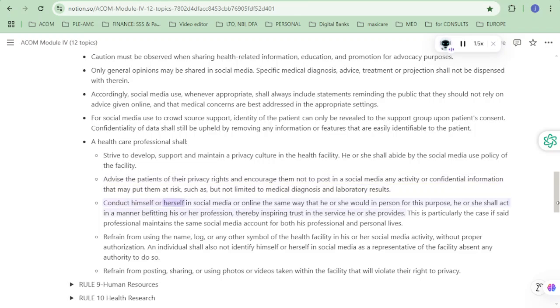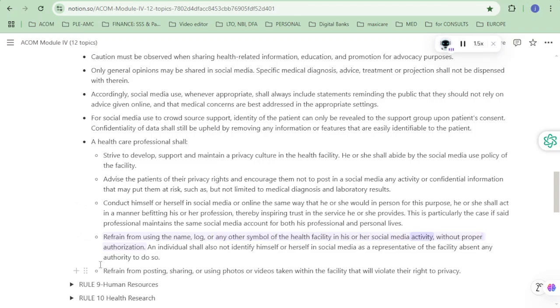Conduct himself or herself in social media or online the same way that he or she would in person. For this purpose, he or she shall act in a manner befitting his or her profession, thereby inspiring trust in the service he or she provides. This is particularly the case if said professional maintains the same social media account for both his professional and personal lives. Refrain from using the name, logo, or any other symbol of the health facility in his or her social